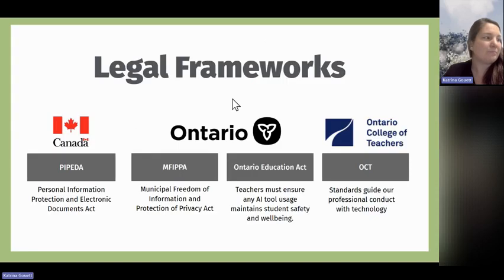Okay, so let's take a look at the legal frameworks. This is really important, a little bit dry, but really important in understanding privacy and security of the apps that we approve here at Waterloo Catholic. Now, these govern our apps, including AI technology, and it's really crucial to protect our students and maintain our professional integrity. So the first one we're going to look at is PIPEDA, the Personal Information Protection and Electronic Documents